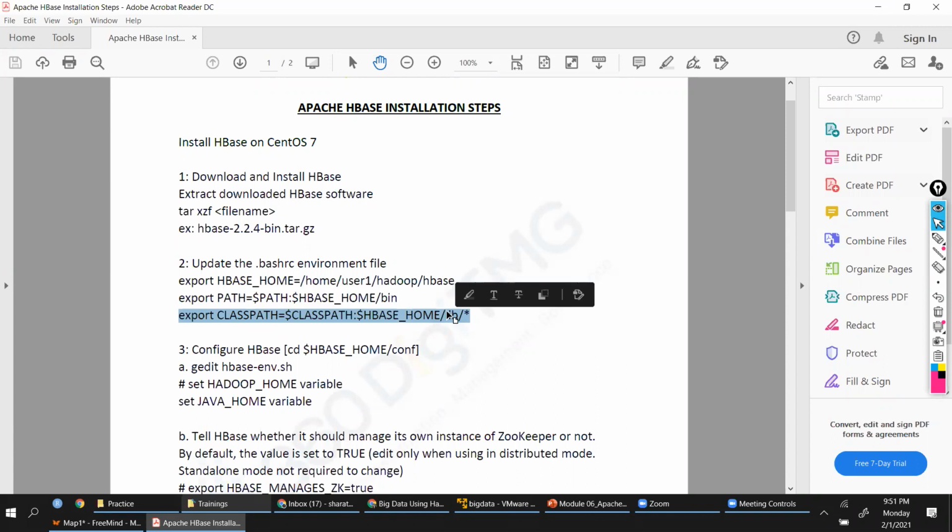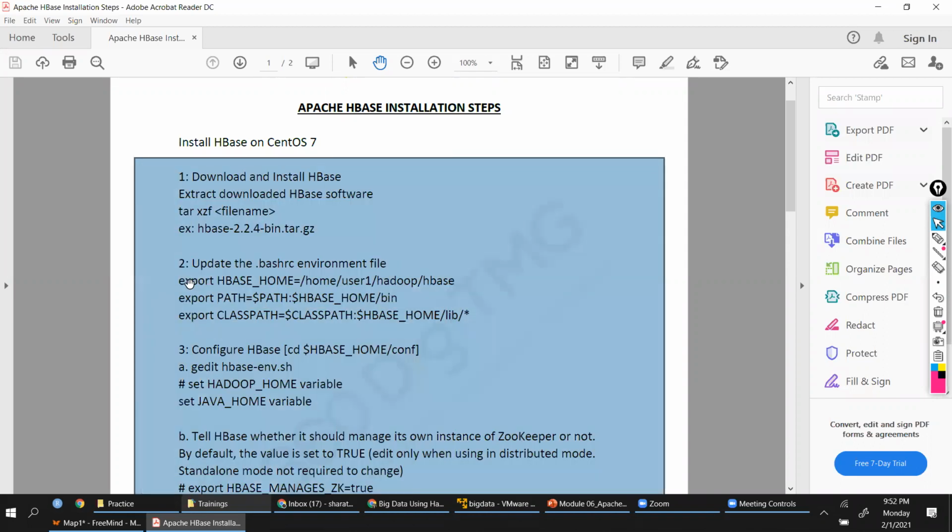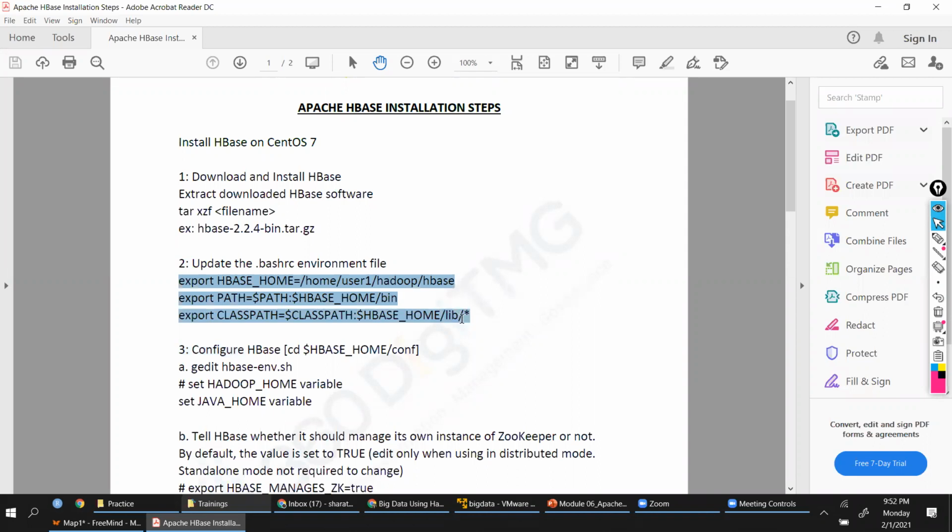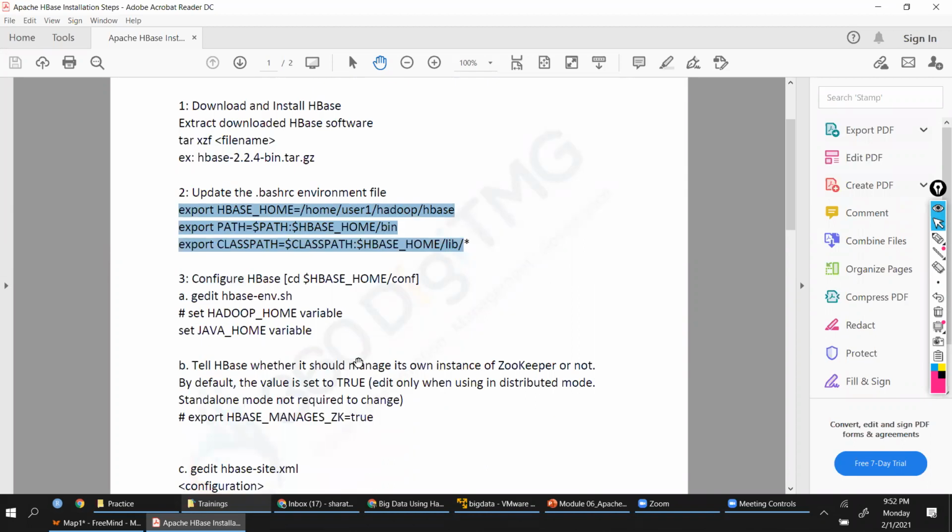So we are going to give the details of that location to the classpath variable, just like the path variable. We have another system default variable called classpath. This allows the jar files and all those things, right, to basically identify jar locations and all that. Dependencies, basically. So we have to give these three values in bash RC.